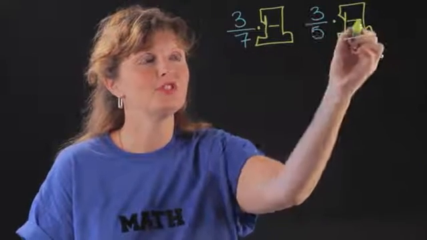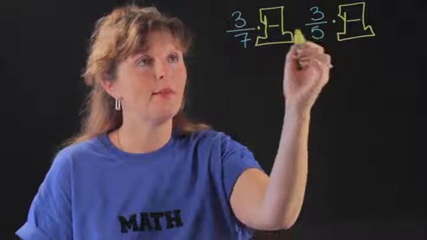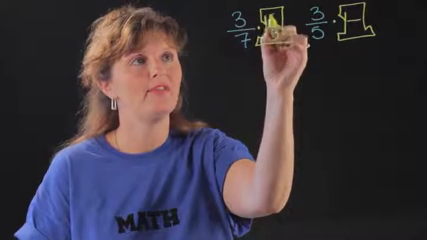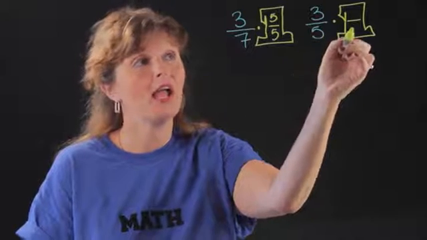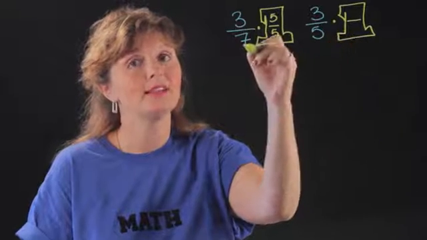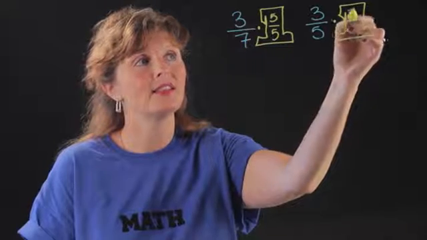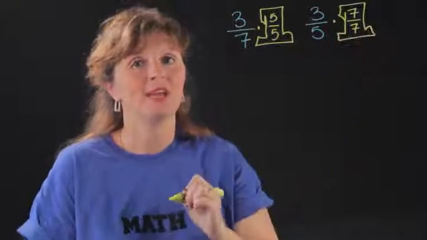Since we want to change them to be similar, I'm going to multiply this one by 5 over 5, stealing the idea from this denominator. And over here, I'm going to multiply by 7 over 7, stealing from that guy. So now when I